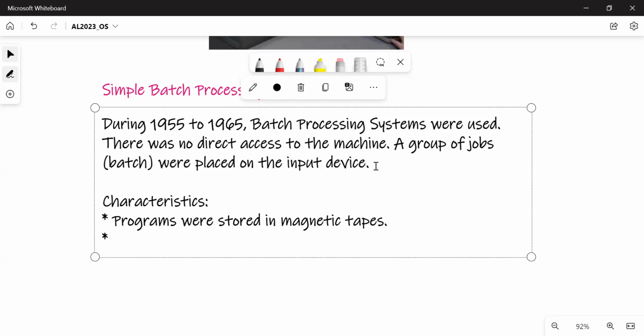Right? So the programs we stored in magnetic tapes, we have seen the magnetic tape earlier, and they were executed one at a time.